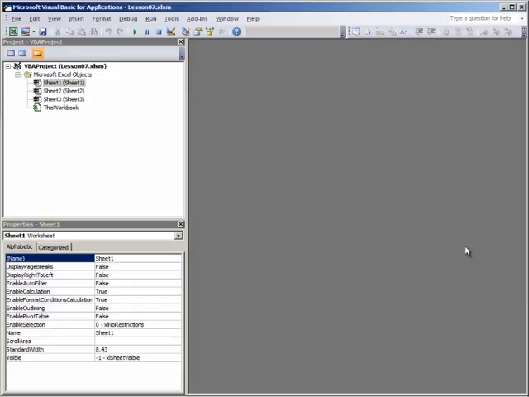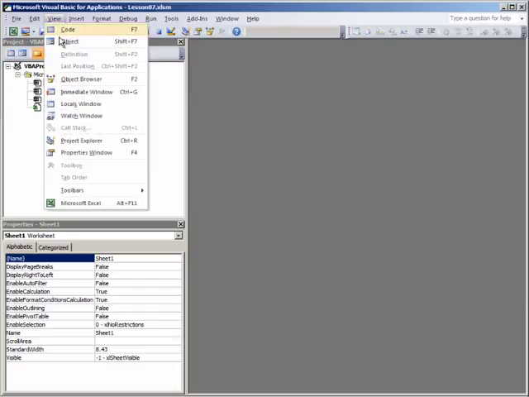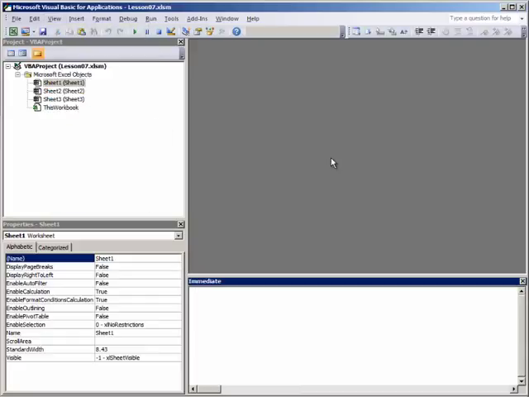Here we have the immediate window open. If it was not open, you can open it by clicking View, Immediate Window, or pressing Control G. The immediate window is a very useful window to query some information about Excel or the workbook you're working in, or you can execute single lines of code from here as well. In this case, what we will start to do is enter the question mark character and the spacebar character. That'll tell Excel and VBA that you're about to query it for something,